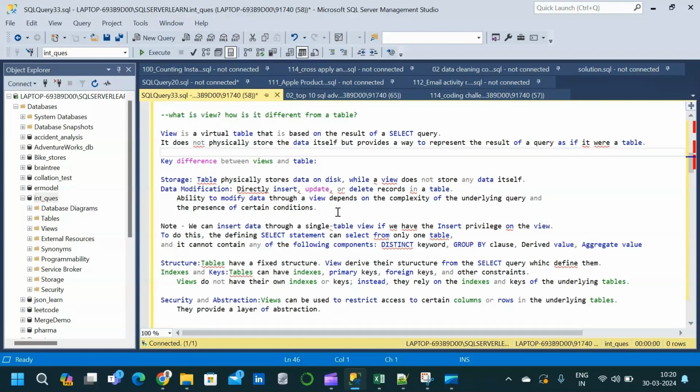That is a bit advanced topic. Normally, we don't directly insert, update or delete records into a view query. We can insert data through a single table view if we have insert privilege on the view. So this is with respect to how we can insert data into a particular view. To do this, the defining select query can select from only one table. So it is given that if the view is with respect to only one table, we can directly insert records